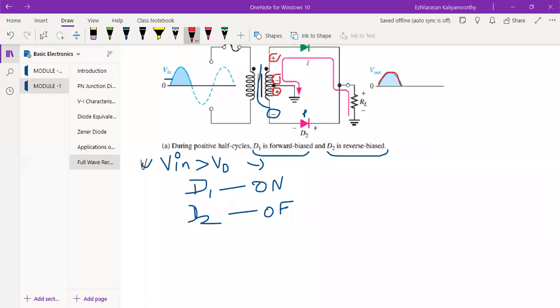So now in this forward bias condition, D1 is forward bias and D2 is reverse bias. The current path is through D1 and load resistance RL. So for the negative cycle of the input voltage, the voltage polarities on the secondary coil, you can see. So that is the condition, the reverse biased D1 and the forward biased D2. See, let me show how it will be for the reverse bias.